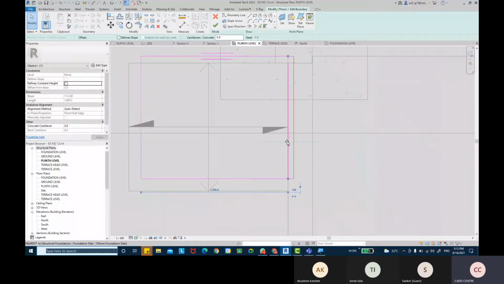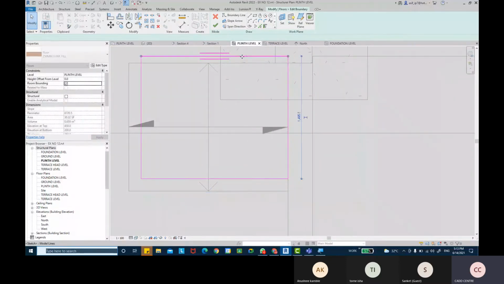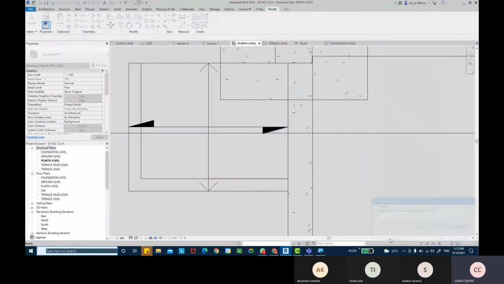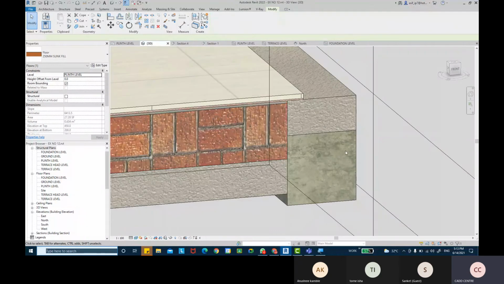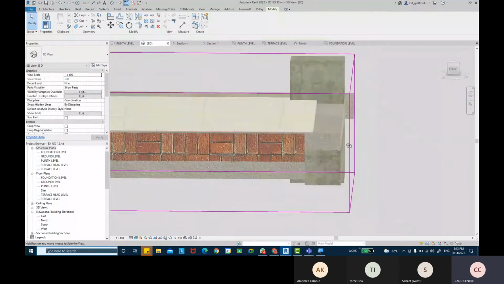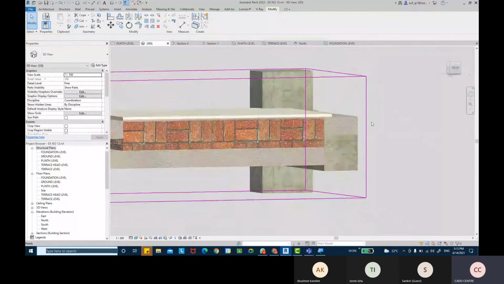Yeah, just overdragged it actually. So yeah, the slab and the beams are created. The sunken slab is created.